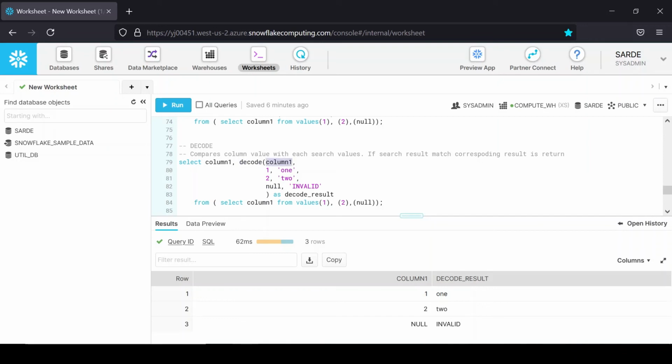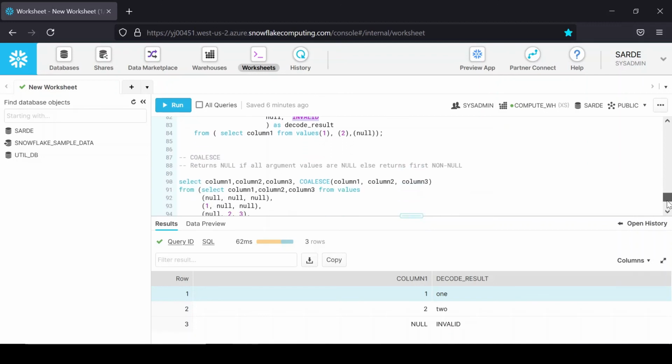The syntax is, first I need to pass that column name. Next, I need to write a condition, like whenever there is a 1, I need to change it to 1 in words. Whenever there is a 2, I need to change it to 2. And whenever there is a null, I will add the invalid over here.